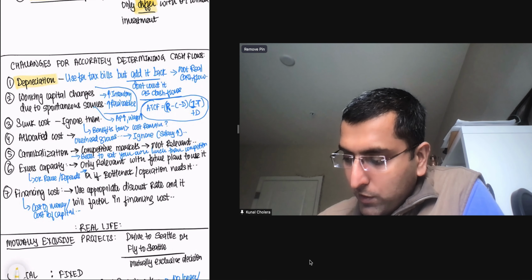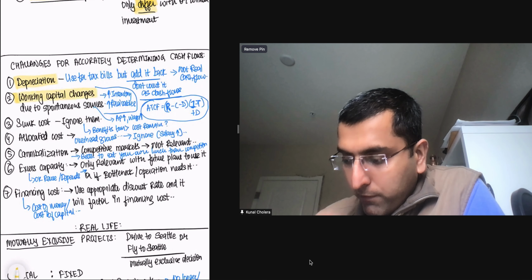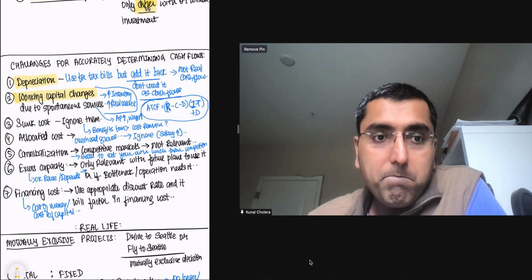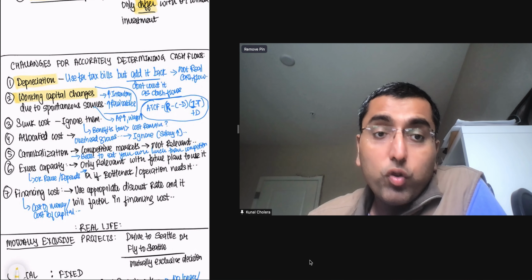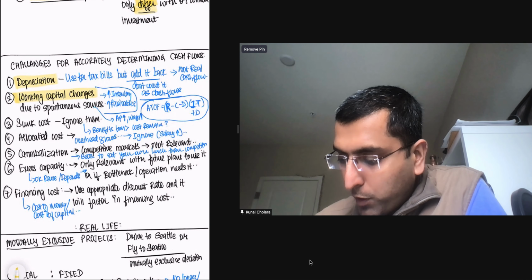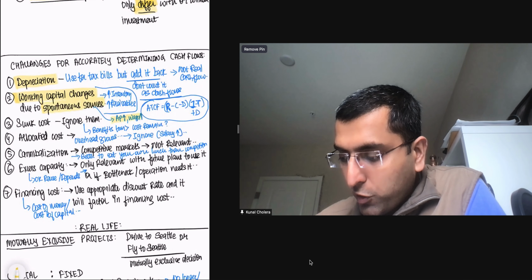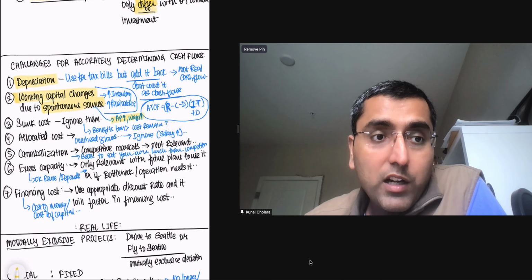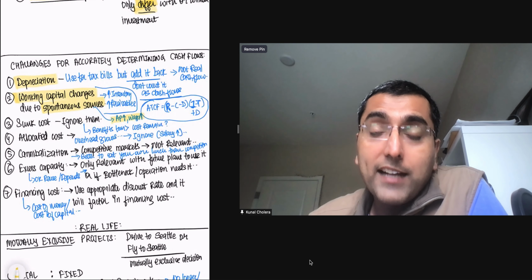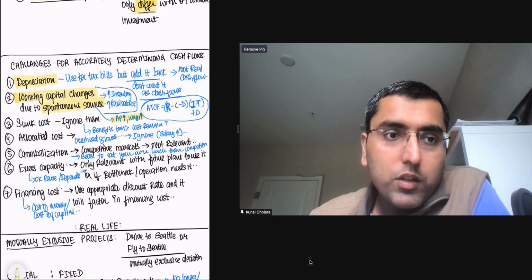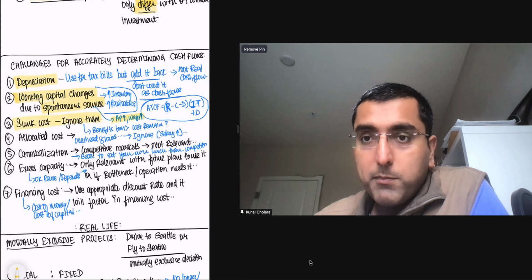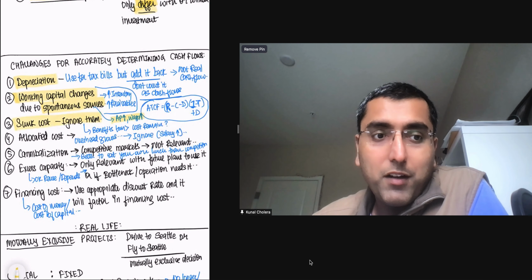Working capital changes. Your inventory will go up, your receivables will go up. So those two would go up, and then you have your spontaneous sources of money coming in from accounts payable and wages accrued. So those changes are also to be factored in, like how much extra money you're spending to increase your working capital. You need to ignore the sunk cost because that's already made. The cost has already been paid.